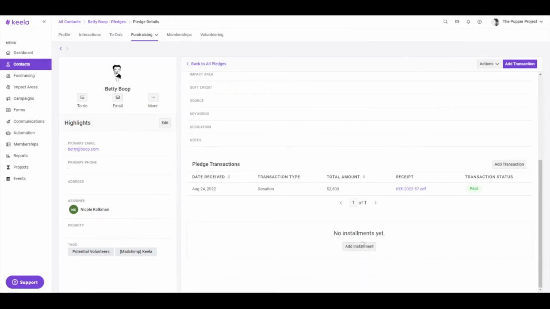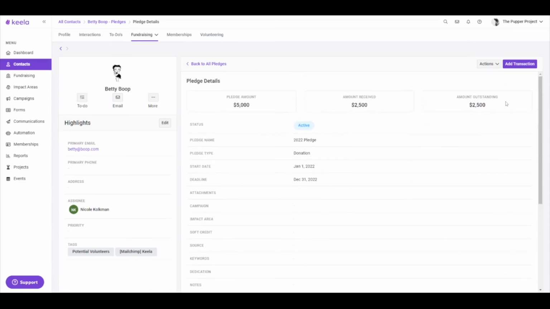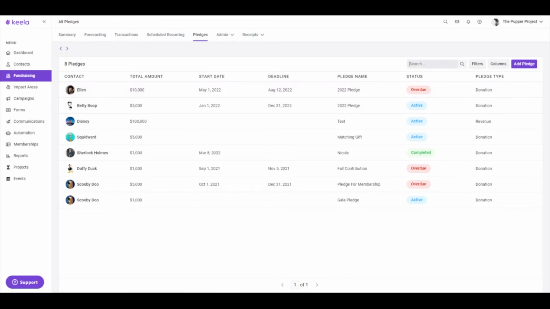You can go ahead and also add installments for the outstanding amount. And then we can go back over here and you can search for the contact here. You can add filters, alter the columns, and this is where you can go ahead and add the pledge. The next section that we have here on the fundraising tool would be admin, and under admin we only have